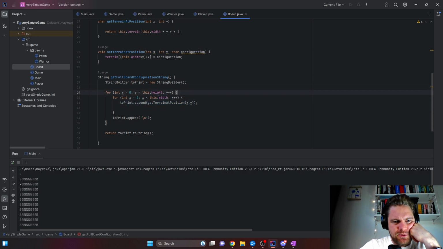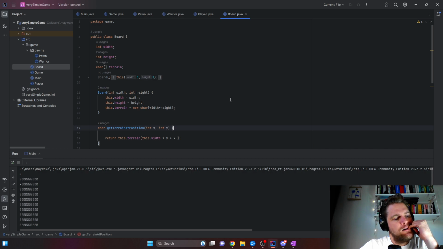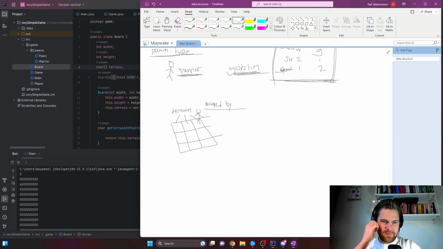I also want to get whatever is occupying it. Maybe we should not, yeah, I think this is the way to do it. We should not